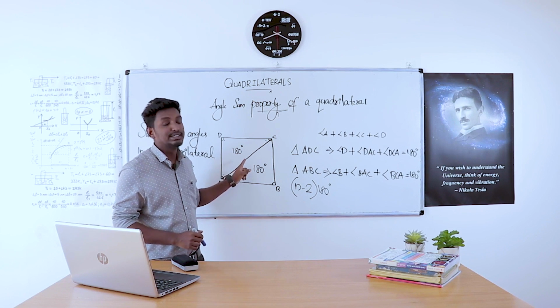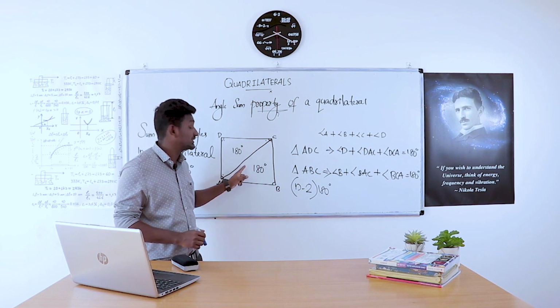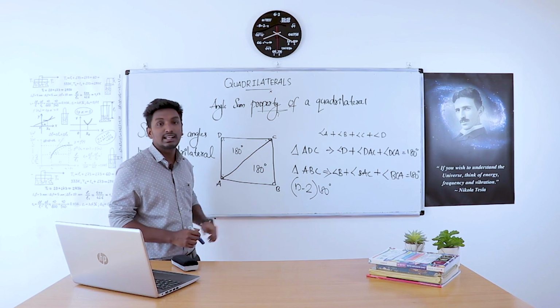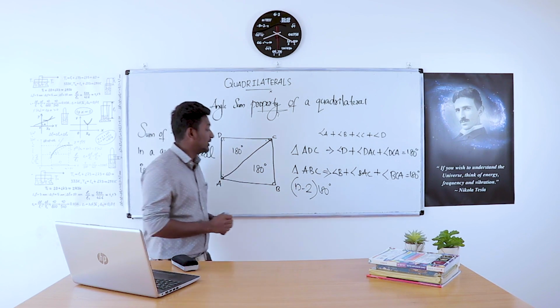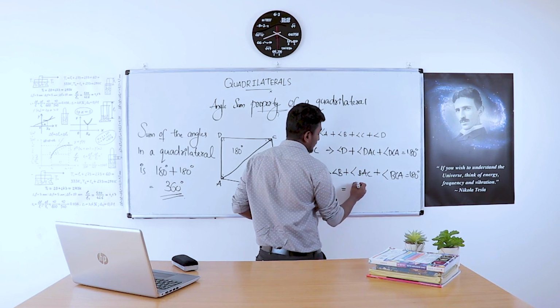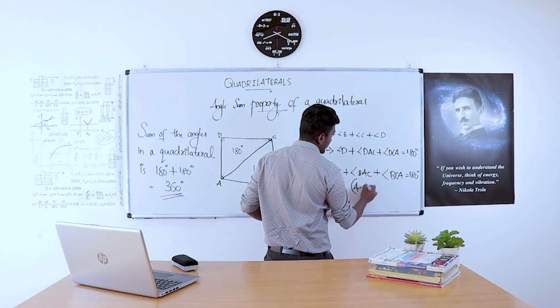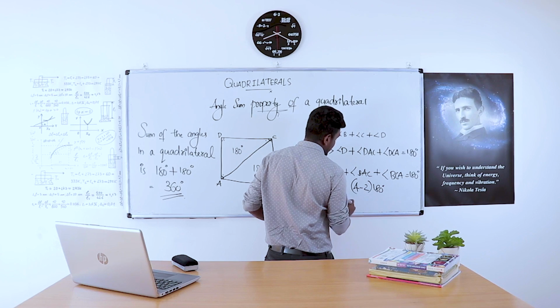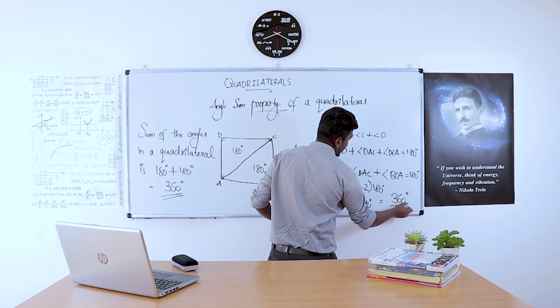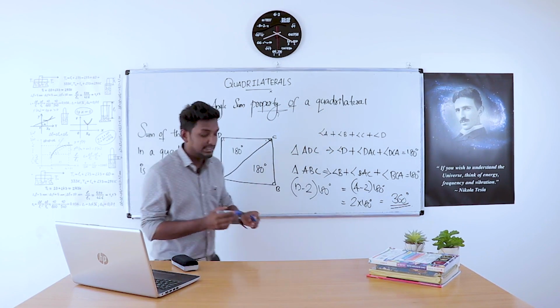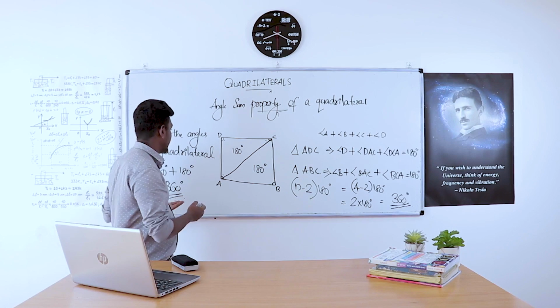Here we are considering a quadrilateral where the number of sides is 4. So in place of n we can substitute 4. Therefore it becomes (4 minus 2) times 180 degrees, that is equal to 2 times 180 degrees, which is 360 degrees. Same answer